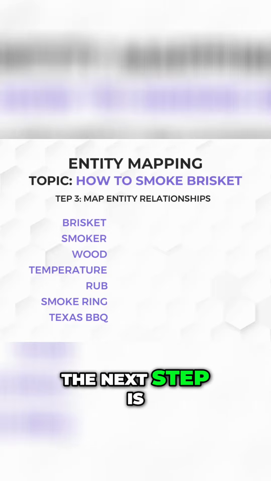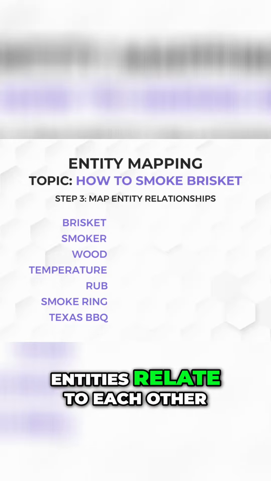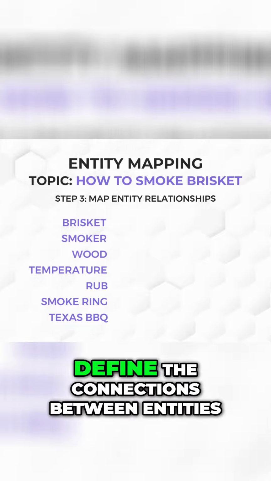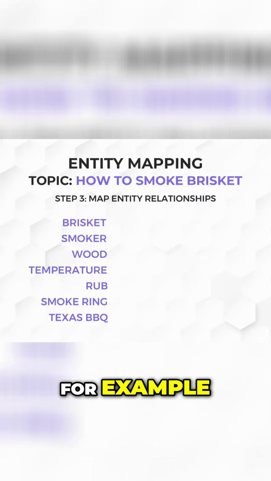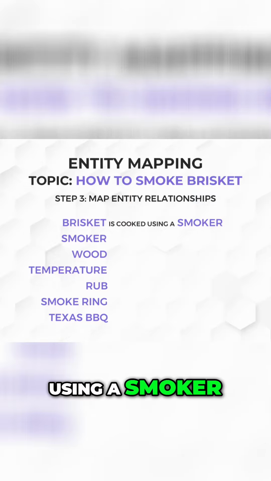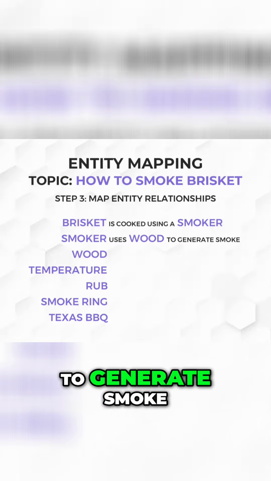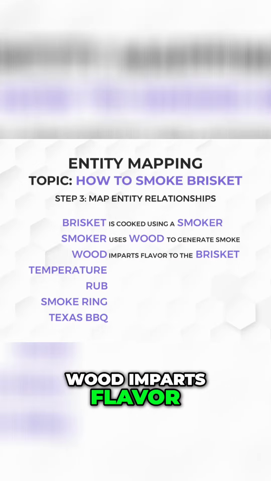Following that, the next step is to map how these entities relate to each other. This is where you define the connections between entities. For example, brisket is cooked using a smoker, smoker uses wood to generate smoke, wood imparts flavor to the brisket,